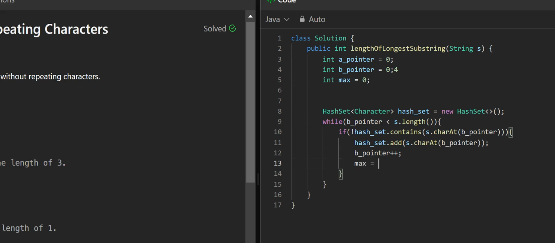We also have to keep a check on the maximum, whether we encountered a repeating character or not. Max equals Math.max of max and hash set dot size. This max keeps track of whether we have found our maximum substring, or if we have not found our maximum substring yet, we'll just skip the current element and move on to the next pointer where we have done this. If this is the condition,